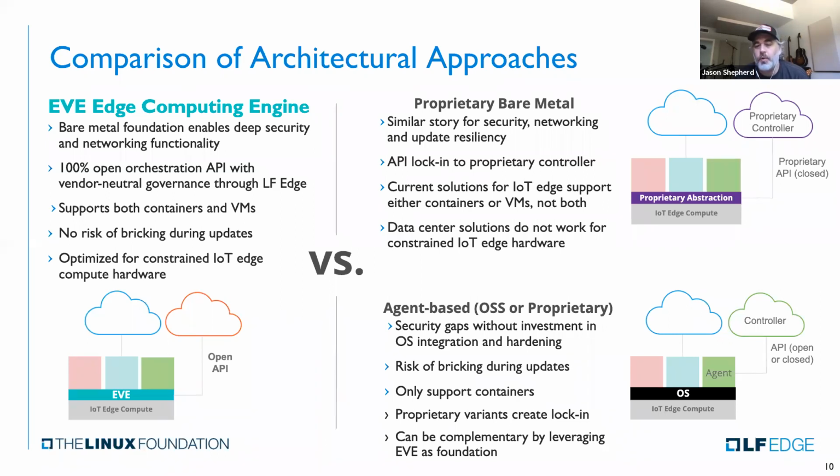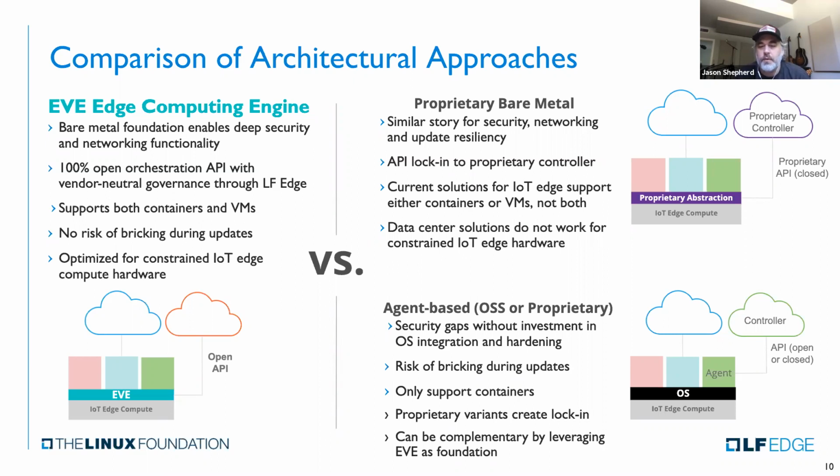Comparing EVE to some other approaches, there are definitely proprietary solutions out there. If you get bare metal, you can do similar things around security and networking, and be resilient during updates, so you don't get breaking of devices. But the customer, as the user, is locked into that proprietary controller, and that's not good for a variety of the reasons that we've been talking about. The solutions that are focused on the IoT edge, not traditional data center compute, tend to support either containers or VMs, not both. And then there's also that whole factor of data center solutions not really being designed for this particular